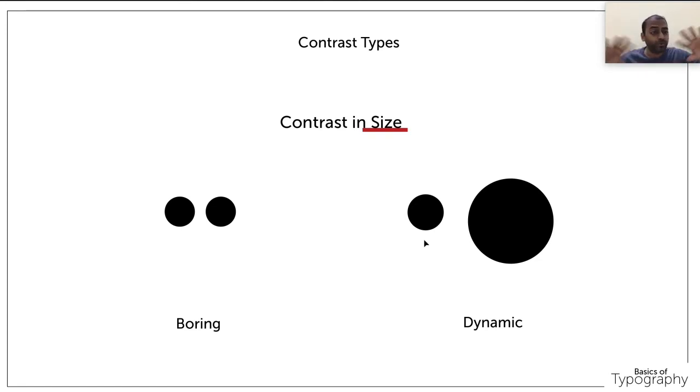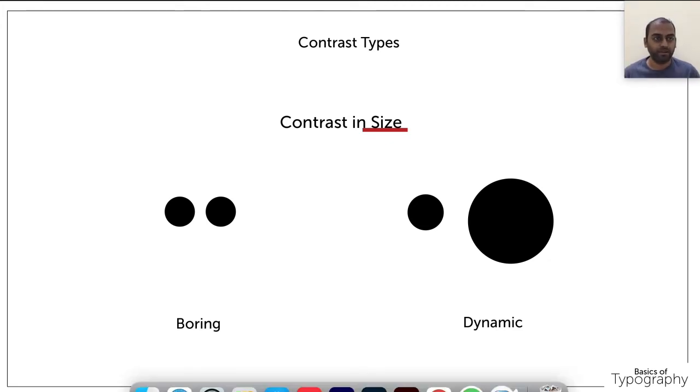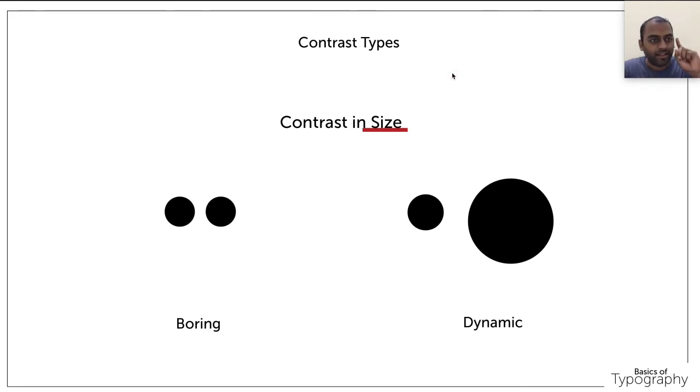You don't need to do anything in font pairing. If you are able to get this contrast in size right, then you are free to design a social media post, a Facebook ad, or anything. Because contrast in size plays a major role in online ads. Be it Facebook ads or LinkedIn ads, any ads, contrast in size is a very important thing. The thumb stopping design, or scroll stopping design, whatever fancy word they call it, all works on one factor, that is contrast in size.